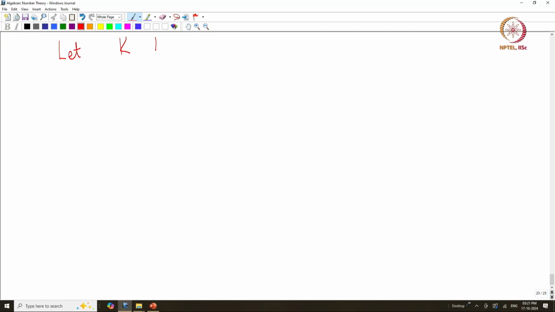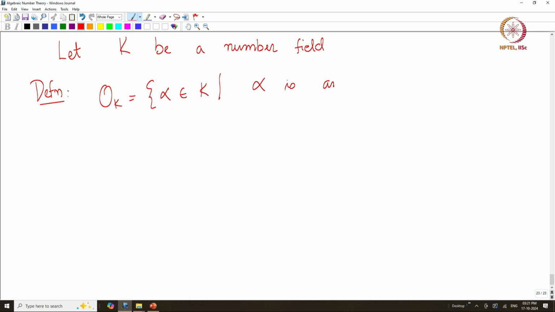Let K be a number field. So, definition: at first this is just a set, this is all alpha in K such that alpha is an algebraic integer. So, this is a subset of K,